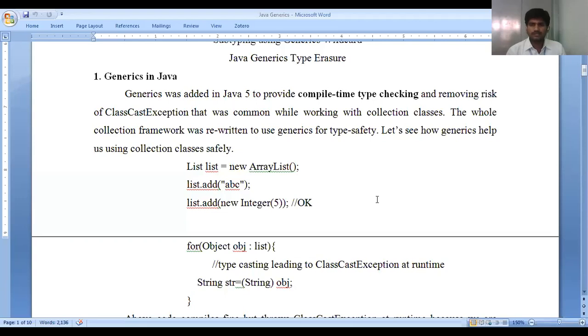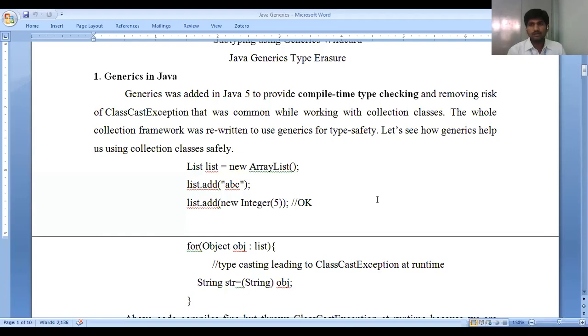But in C, we don't have exceptions. So what happens in C? Once one runtime error comes, it may go on infinitely, or keep running continuously, or else the program stops and goes back to the input. So in order to handle these types of errors, we have exceptions in Java.